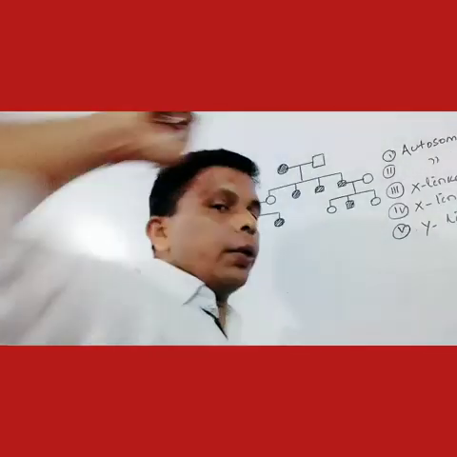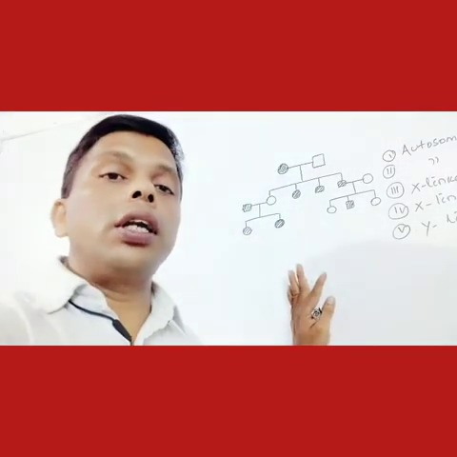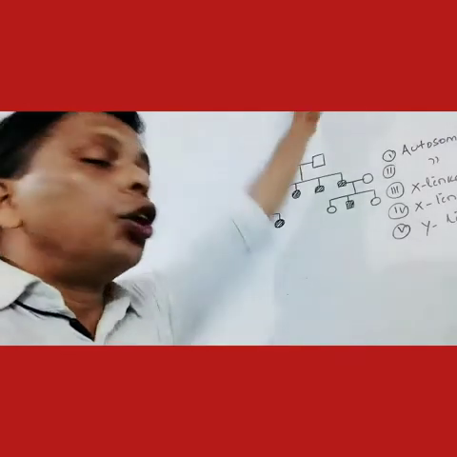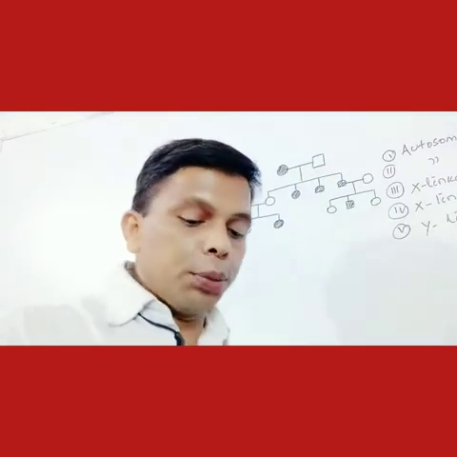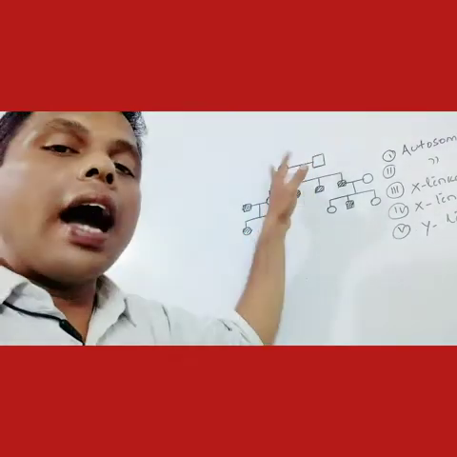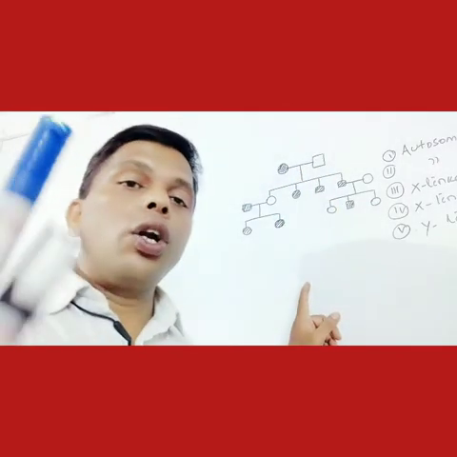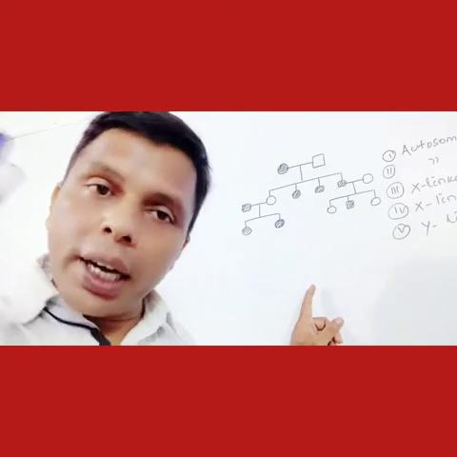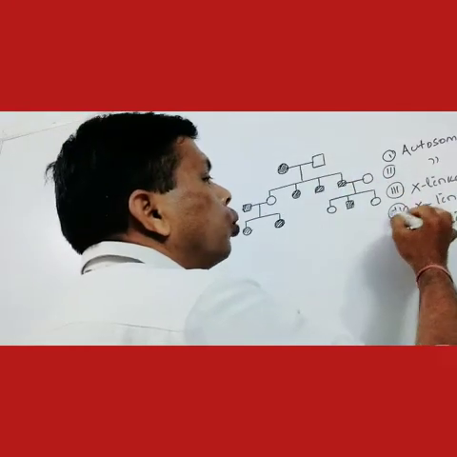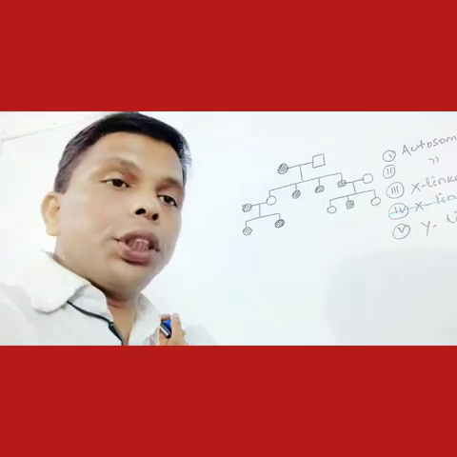Then how to discriminate? Suppose I have constructed the pedigree, we consider this chart. Let's see, for dominant and recessive disorders. As the affected individuals are found in all generations, it is a dominant disorder. That means there is no chance of recessive disorder.